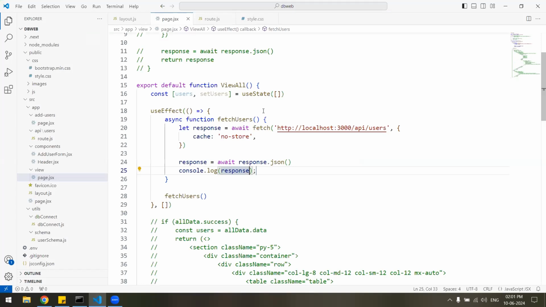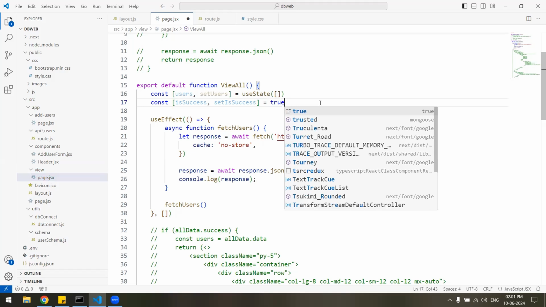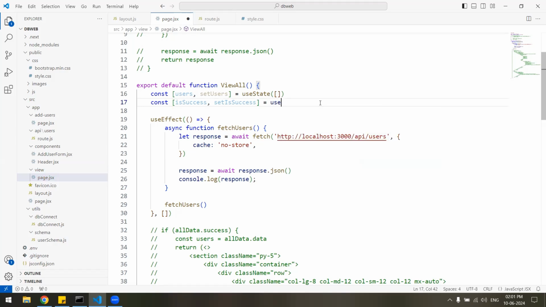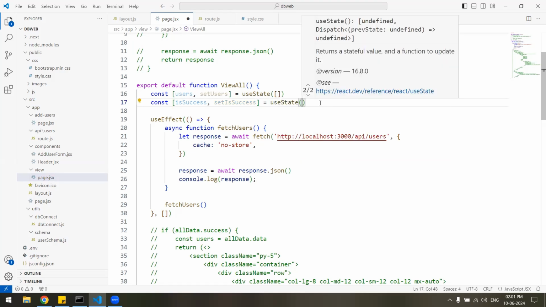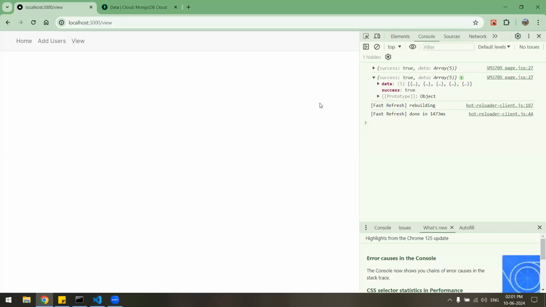Now we will create one more variable, const, let's say isSuccess, setIsSuccess is equals to useState true. So by default, let's say it's true,